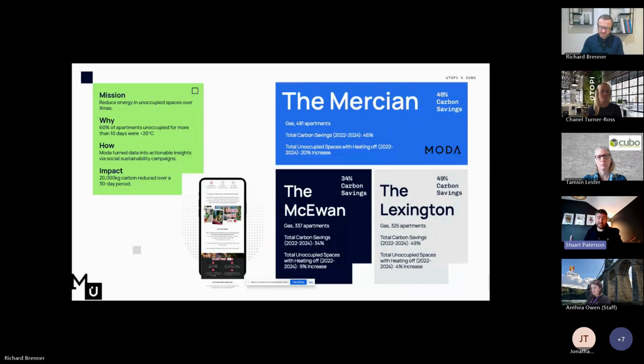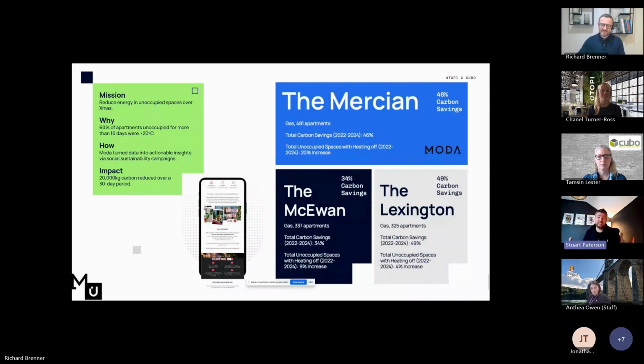this had on residents. Now, we're aware that residents are hyper aware of global warming and climate change, but around 80% of them don't know the impact their behaviour has on the environment. So it's all around education in this instance. With this operator, we were able to turn the actionable insights into what we proudly call the Grinch campaign, and we talk about this campaign quite a lot because it's really powerful.